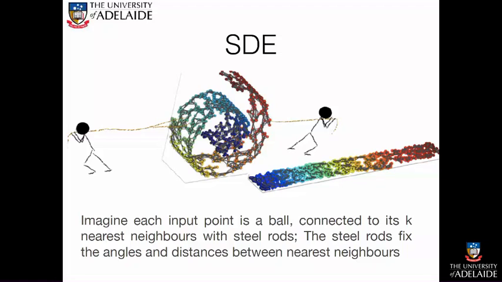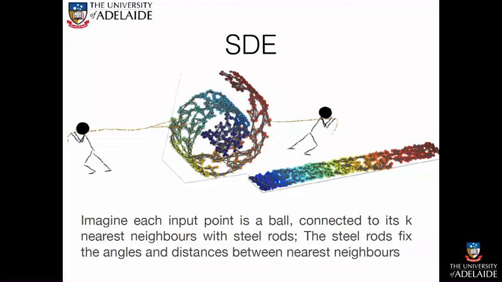The steel rods fix the angles and distance between nearest neighbors, and we want to unfold it. In this case, if you pull this graph away in two opposite directions, then we get something like this,